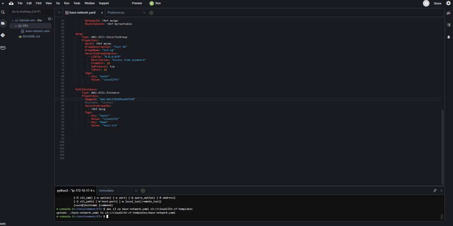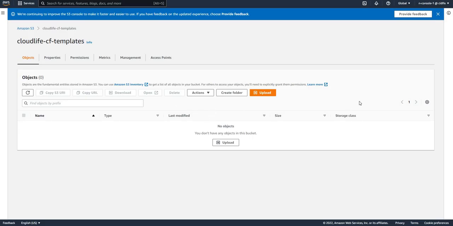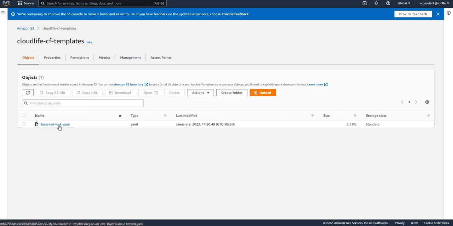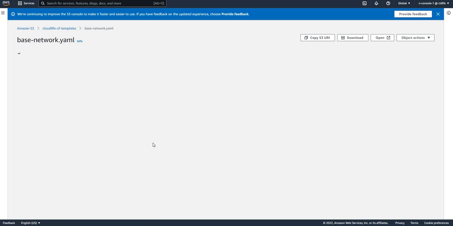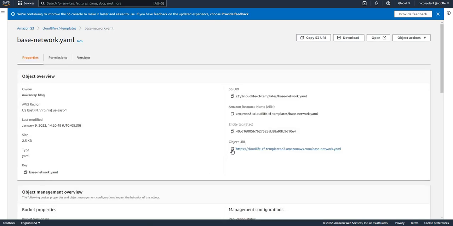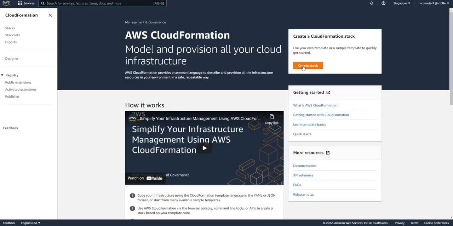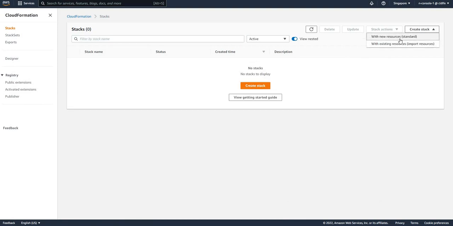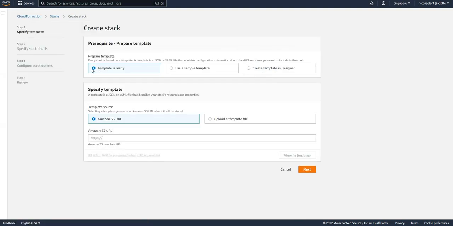Okay, I uploaded my template to my S3 bucket. So this is my S3 bucket, I uploaded my template, and this is my template. I'm going to click on this one, copy this object URI from here, and go to CloudFormation and click on stacks and create stack. I'm going to click with new resources, standard. This is the default method. I'm going to click on the template ID, and choose the S3 URL method and provide